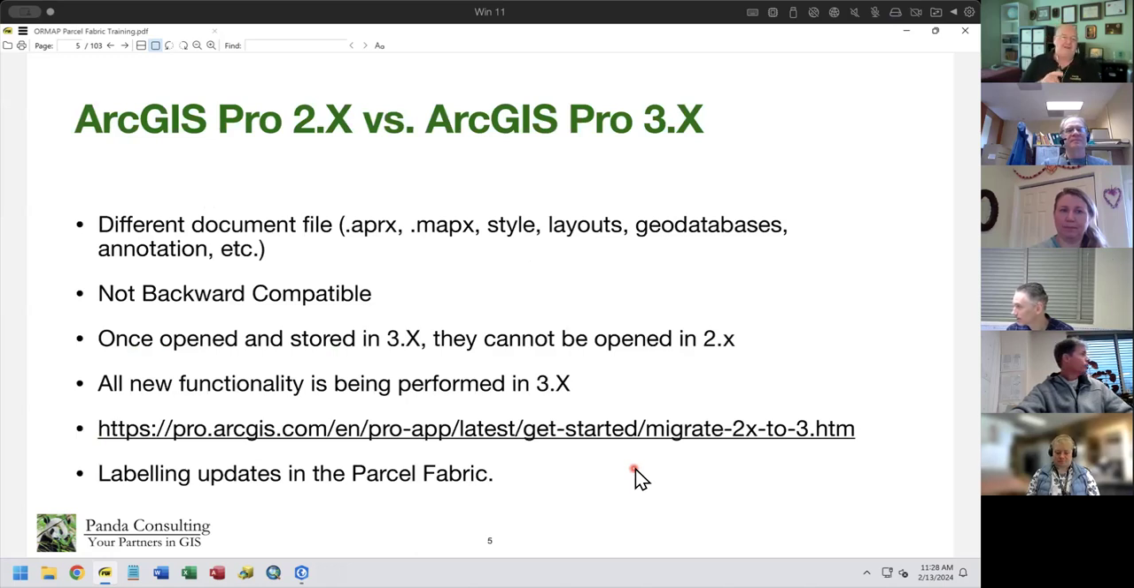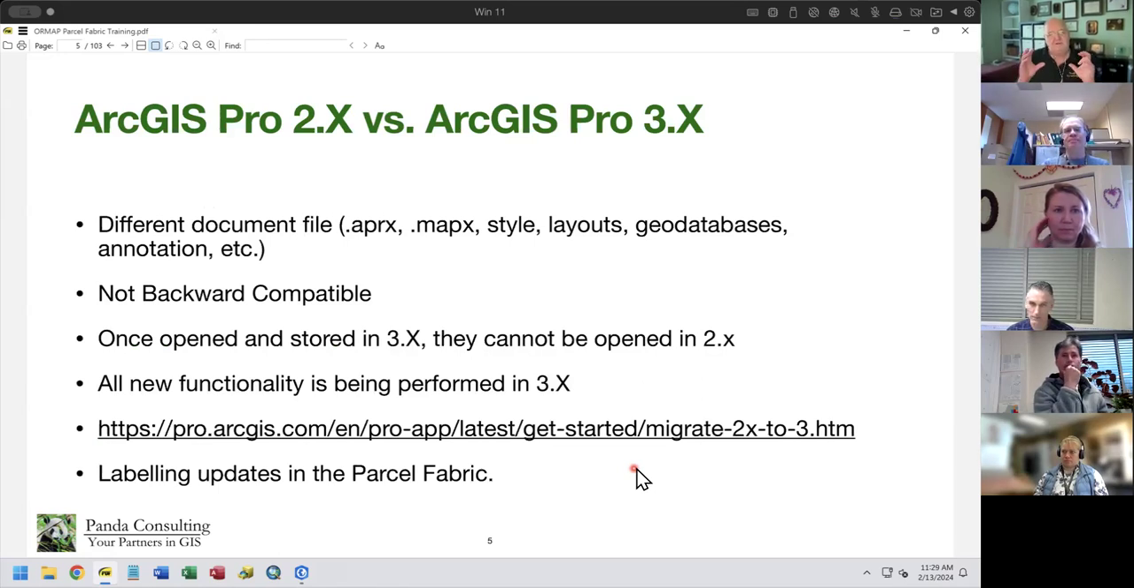So the first thing is ArcGIS Pro 2.x versus ArcGIS Pro 3.x. By the way, we have been dealing with ArcGIS Pro since 1.1. That's how early we've started working with it. We've been working with it now for over 8 years. Some of the earlier versions, and